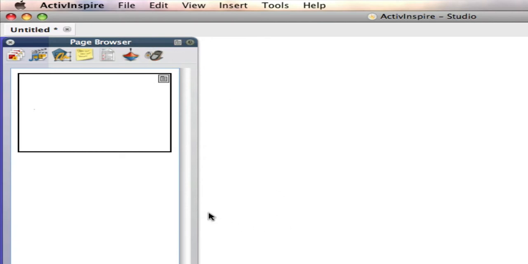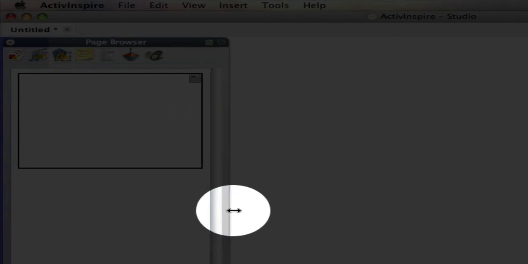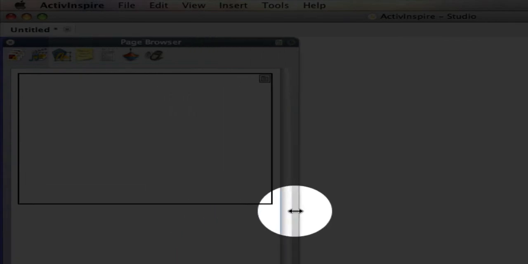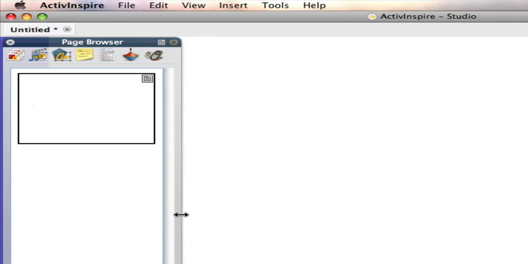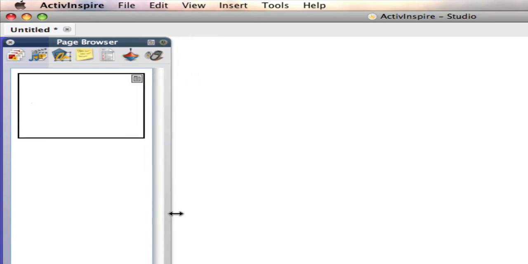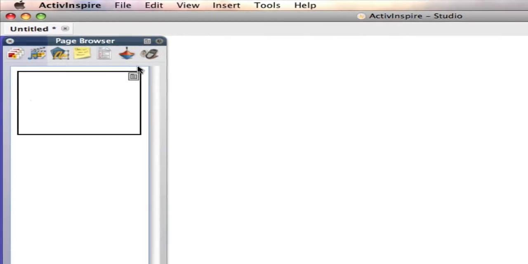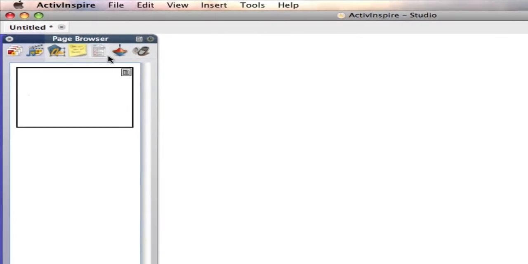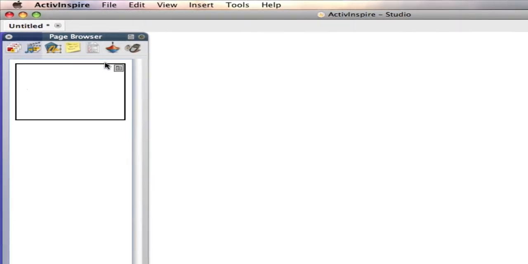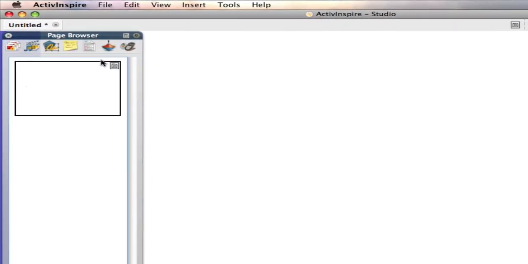If you hover over the side of the browser, you can notice that the browser can expand in width, or you can reduce the width of the browser as well. In the next series of videos, we will go through the purpose of all of the different browsers that are laid out across the top. Many of them will reference what you used to see on the vertical menu in Active Studio.